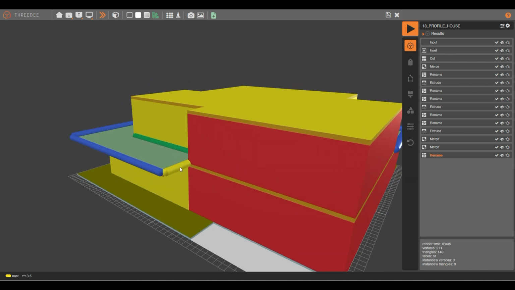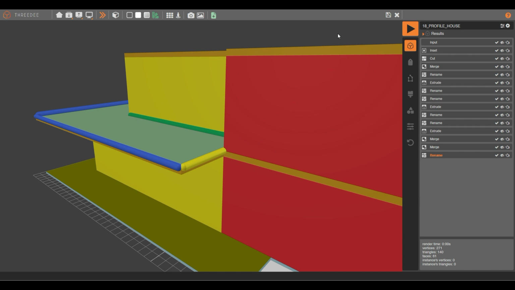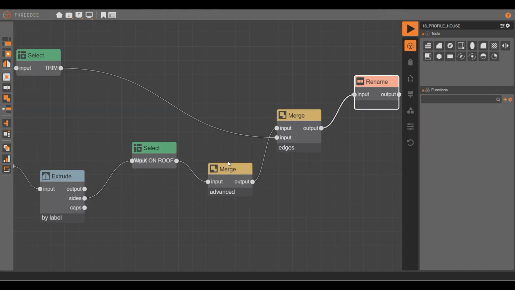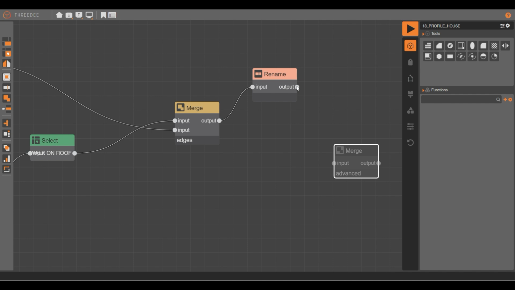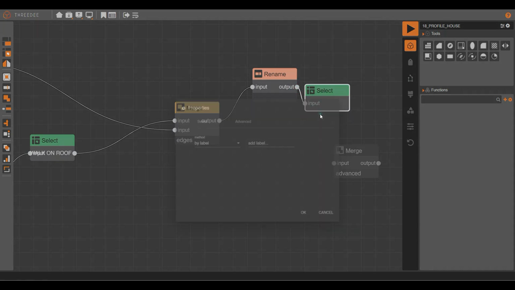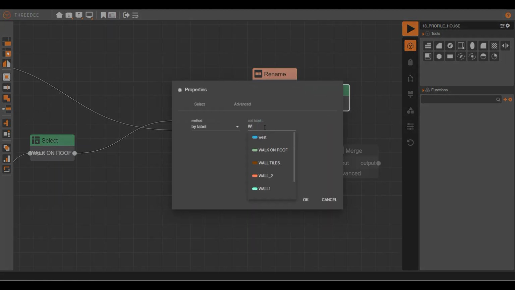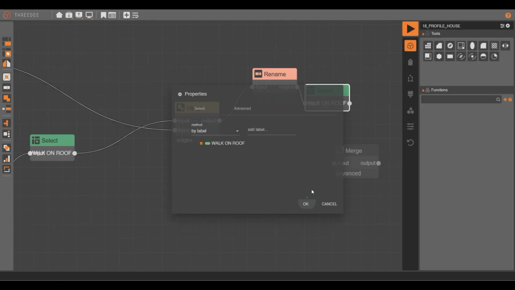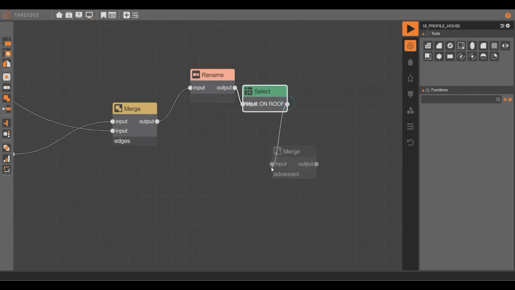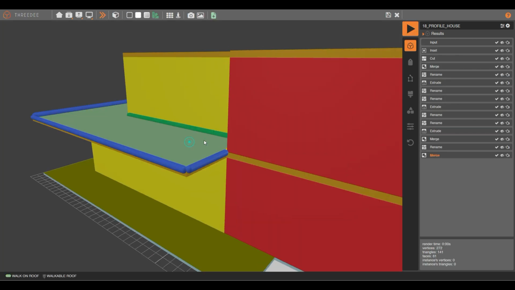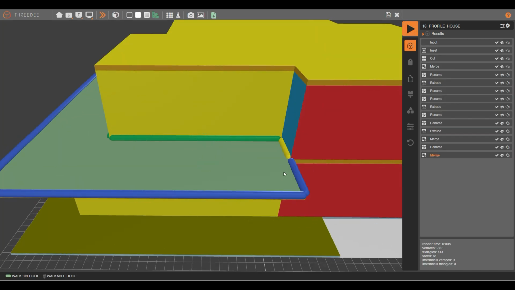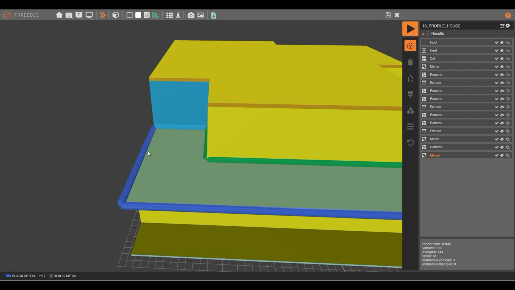except in this corner. So it's better to first make the identification of the borders, and then here select walk on roof and merge all the faces. Now you have all the borders identified,